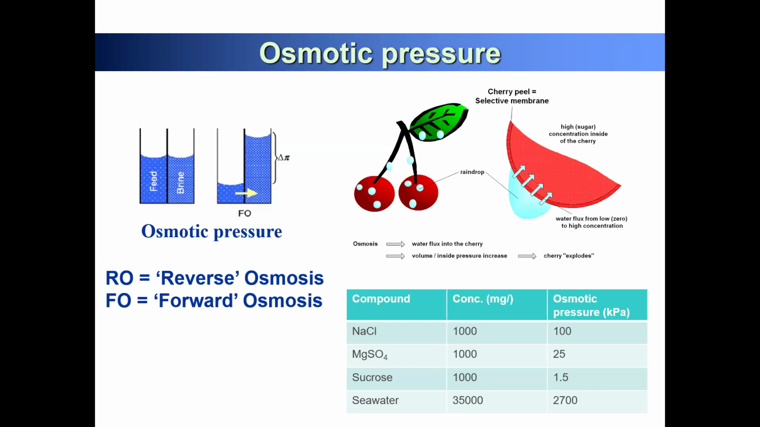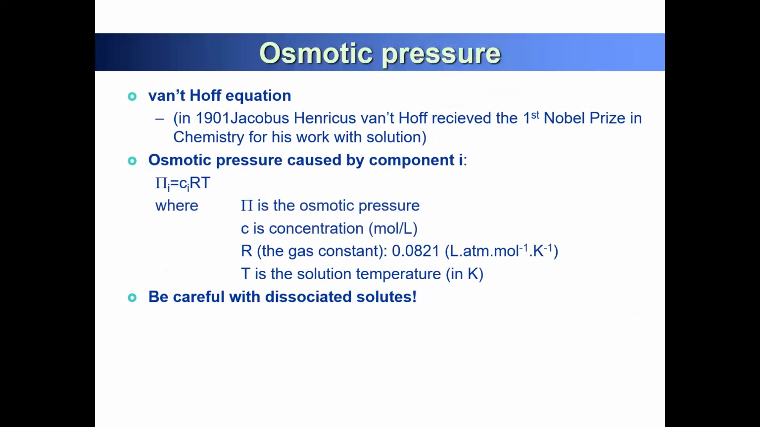So how can we calculate this? That's exactly what I mentioned about van 't Hoff. I'm sure that you have already heard about this equation. He got the Nobel Prize because of this equation. The osmotic pressure is equal to CRT: the concentration of each ion, and then the ideal gas constant,